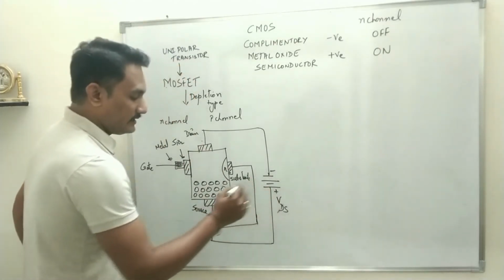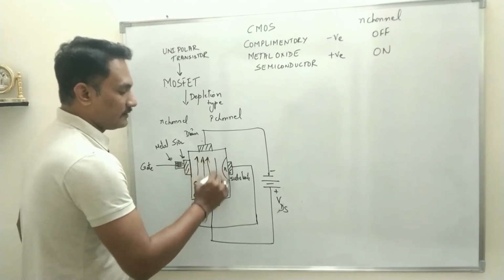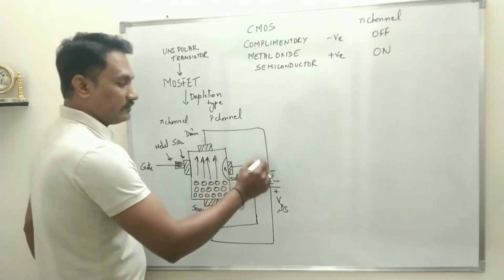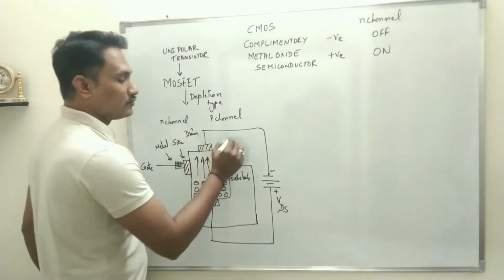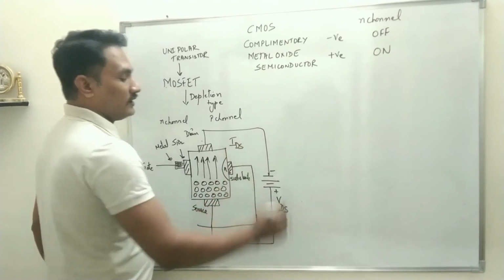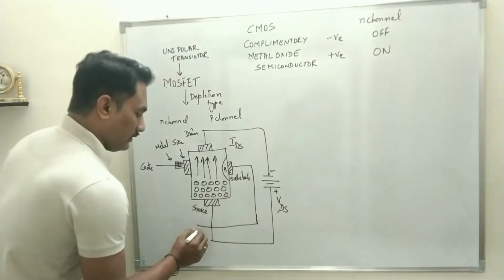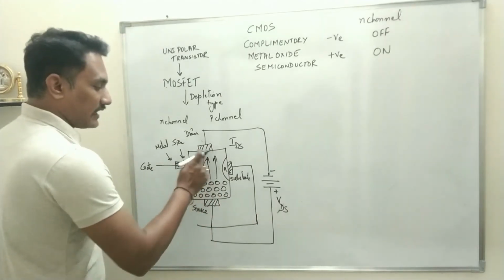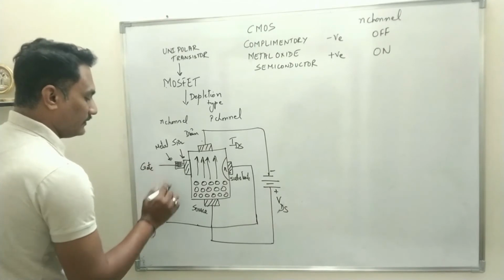And when such a polarity is applied, holes will be repelled by the positive terminal and get attracted towards the drain and will move towards the negative terminal. That means charge carriers will flow from source to drain. That will constitute IDS, drain to source current. And of course this current will be controlled by the external field applied between gate and source.